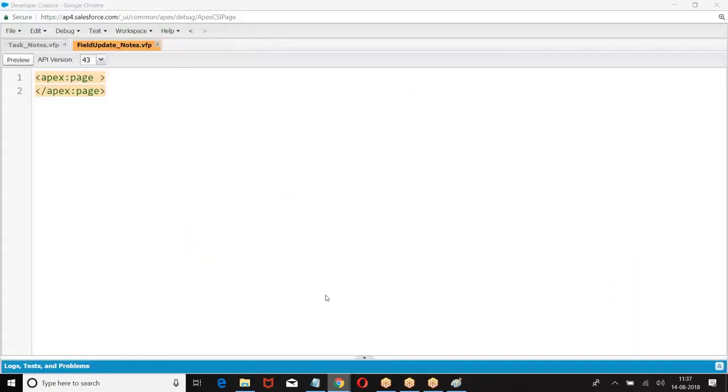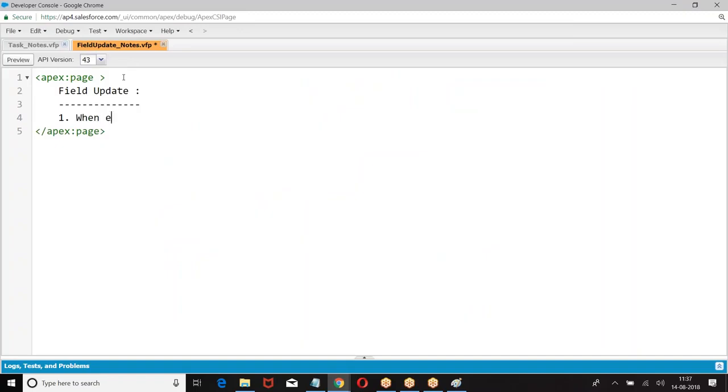Let me put all these points first. When a condition is met, you want the system to update the value.